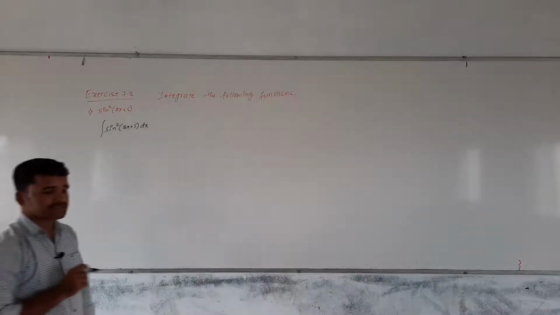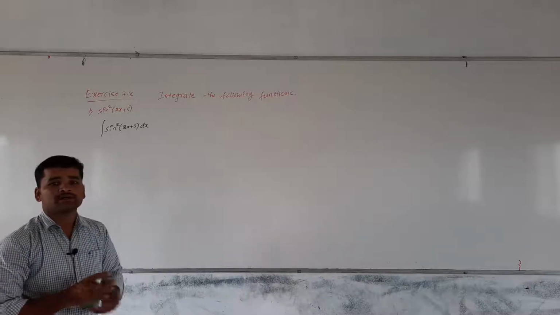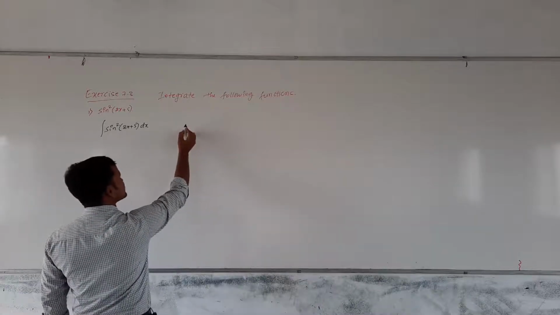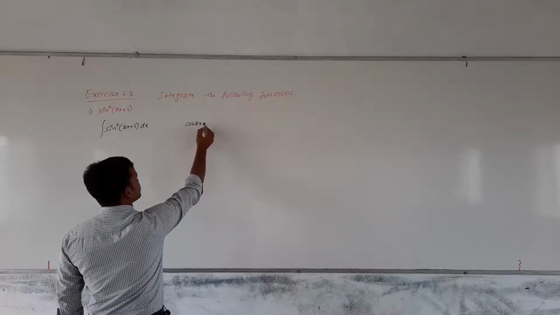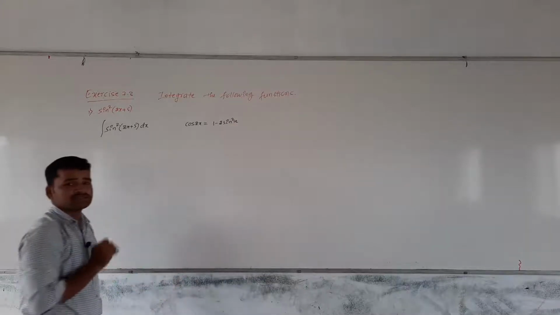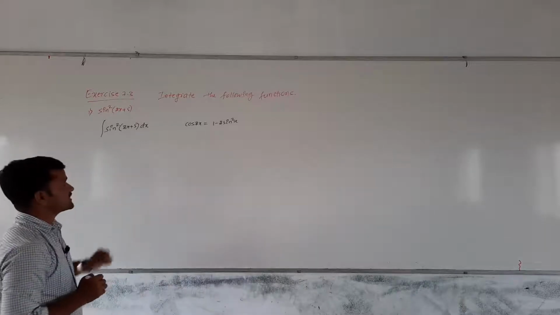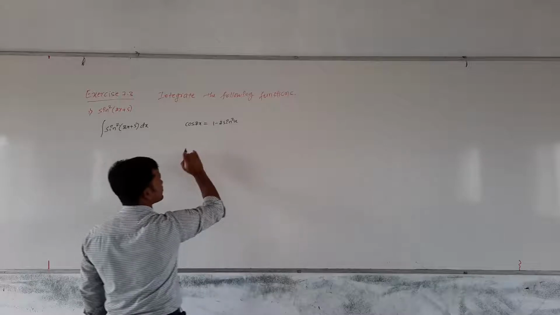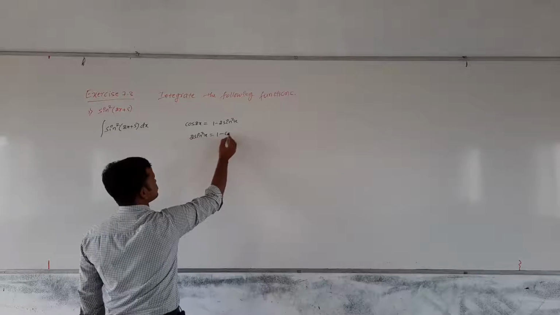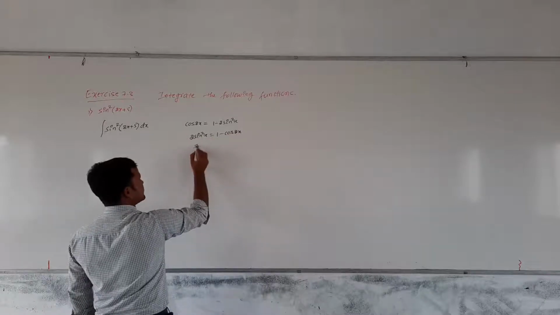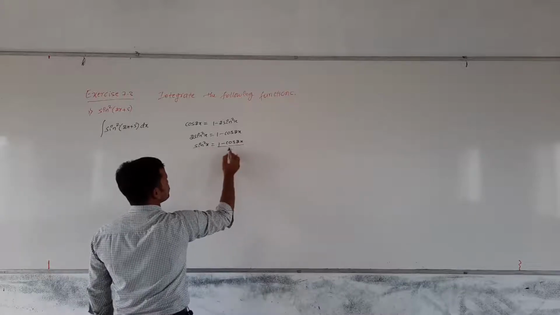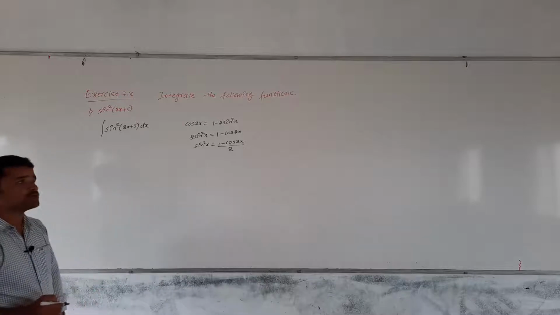x. Integration of sin square, directly, we do not have such a rule. Now, we will use trigonometric identities here. What is that trigonometric identity? We know cos 2x is equal to 1 minus 2 times sin square x. I will use this trigonometric identity to integrate it. Here we separate sin square x. This can be written as 2 times sin square x is equal to 1 minus cos 2x. Now, sin square x is equal to (1 minus cos 2x) whole divided by 2. This is the formula known to us.